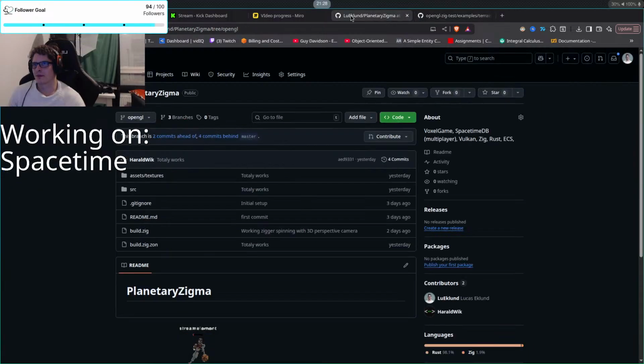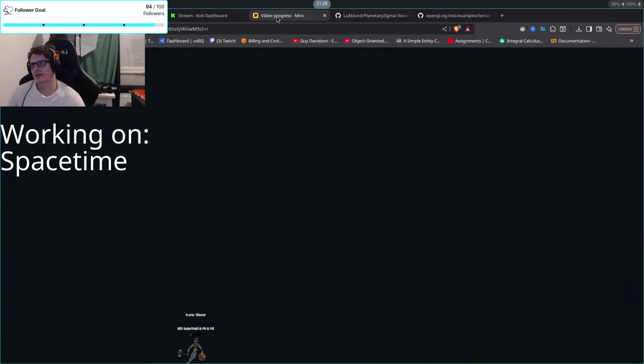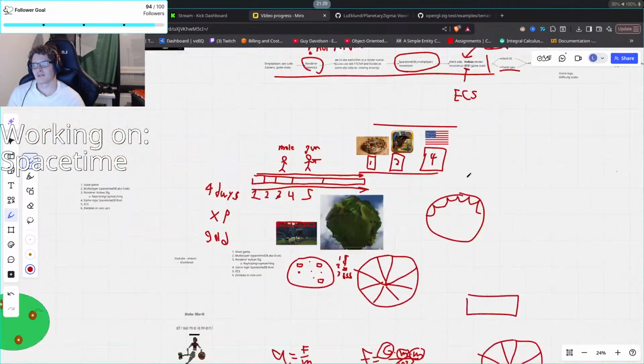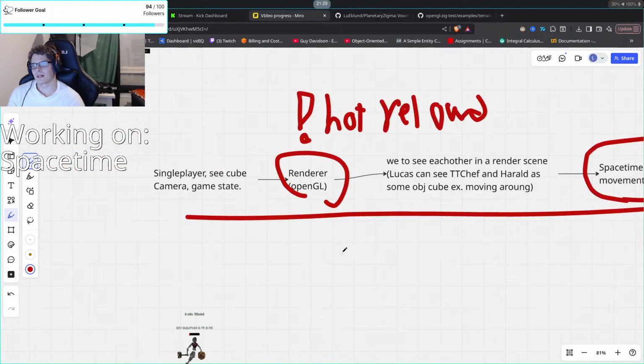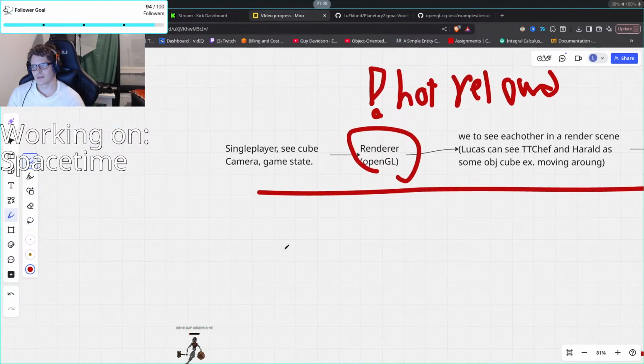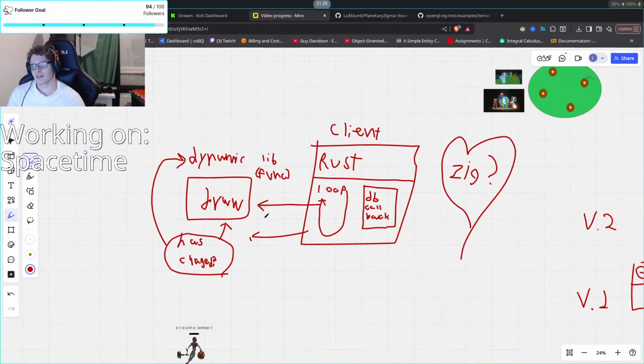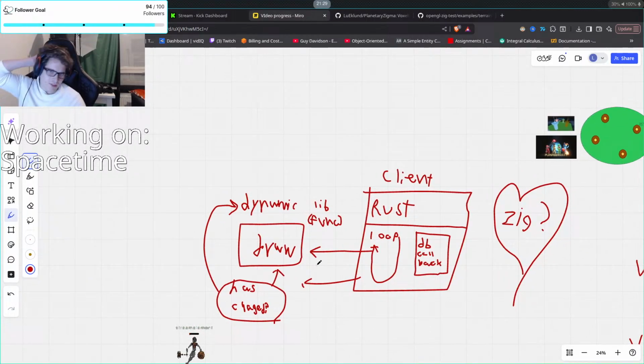But I will merge this, and then maybe we could sketch a little bit, because I'm thinking that T-Chef left because he already did a prototype kind of with Blavi, I think it was Blavi, I'm not sure. A prototype for hot reloading a renderer.